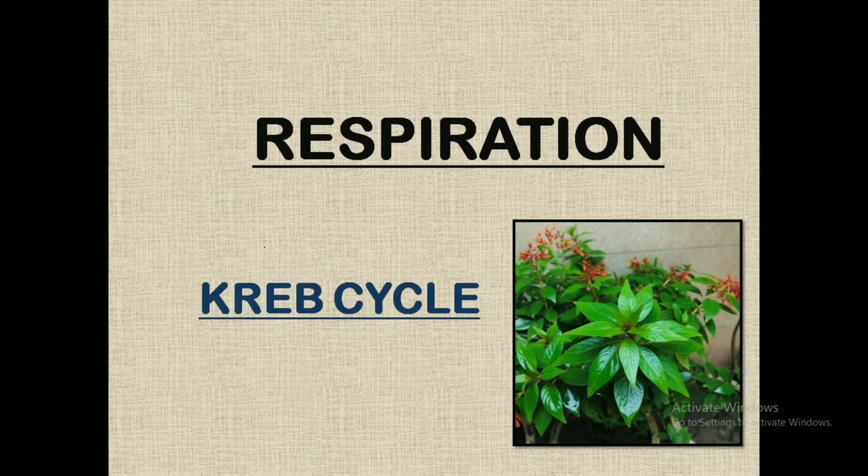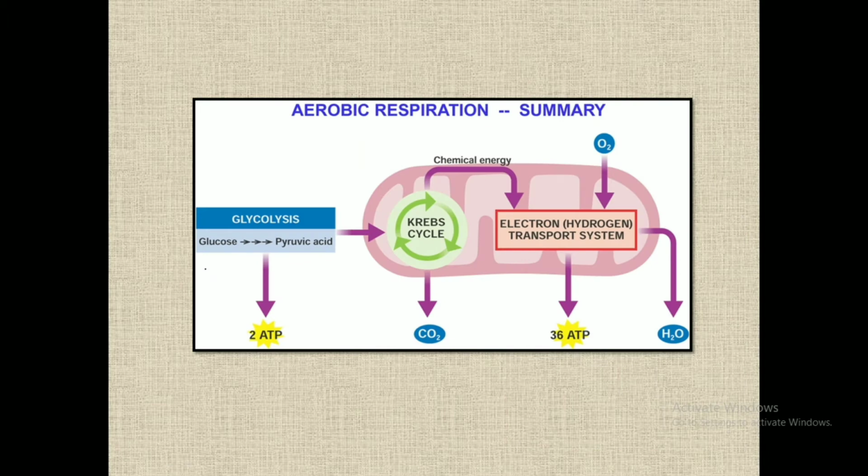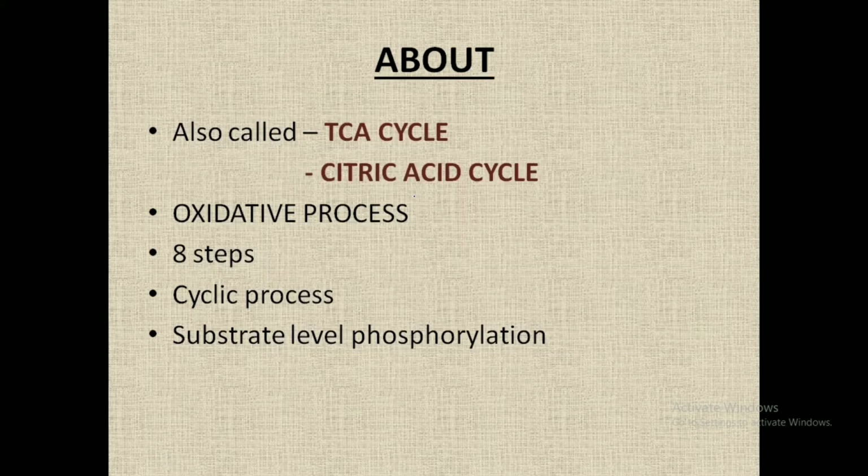Hello everyone. So this is part 4 of respiration, and in this lecture we'll be discussing the Krebs cycle in detail. So let's have a quick revision. In the first part we studied the basics and then we completed glycolysis in detail, where a total of 2 ATPs were formed, but net ATPs formed were 7. After glycolysis, we understood acetyl coenzyme A formation, and in this video, we'll be dealing with the Krebs cycle in detail. So let's look at some points about the Krebs cycle.